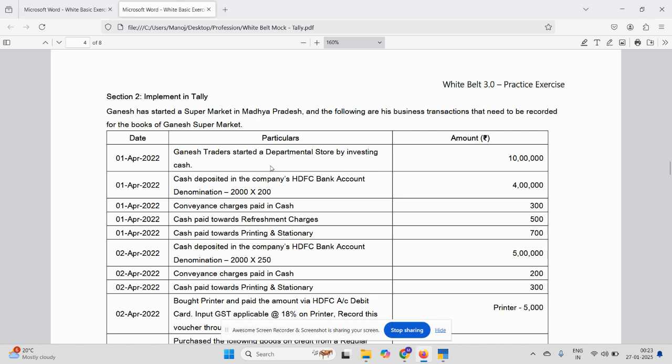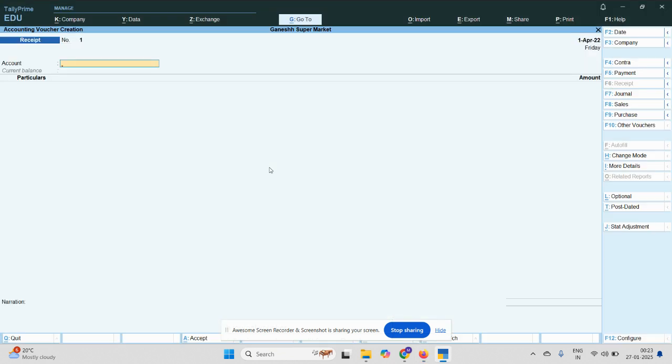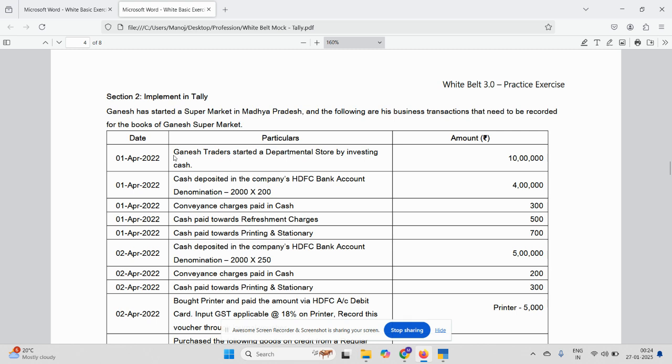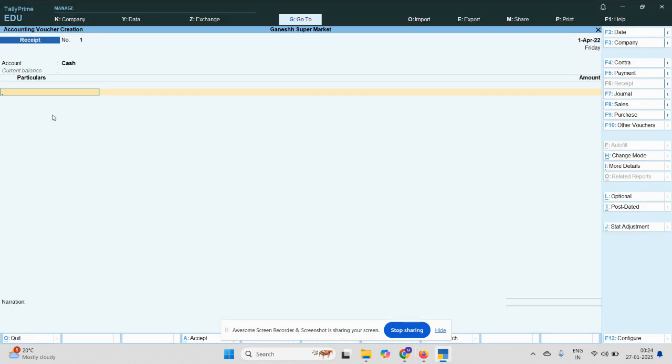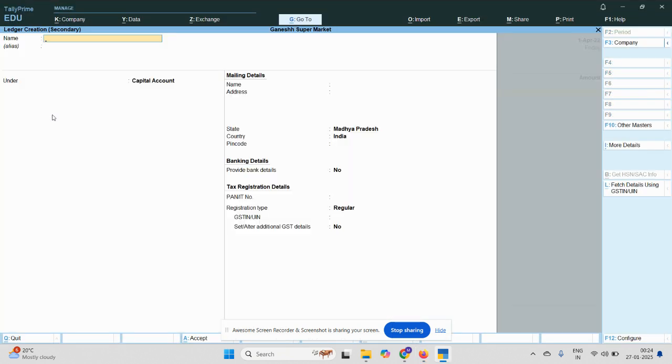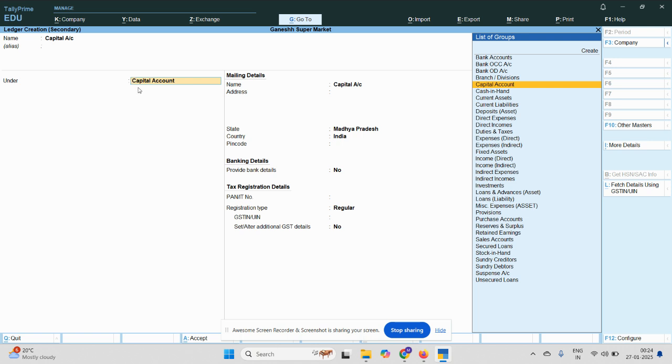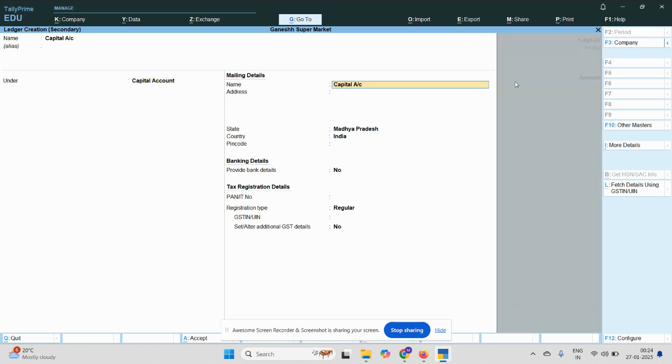Yes, coming back. So, investing in cash. Basically I have to create an account here, cash. By default, understand one thing: in Tally, two ledgers are automatically created. The first one is the cash ledger, the second one is the profit and loss account. So I am taking the cash ledger here. For particulars, basically I should not mention a person's name in the books of accounts. Instead, I am mentioning a ledger called capital account. So we are grouping it under capital account. Similarly, click on enter,